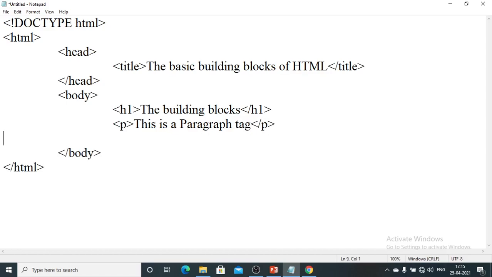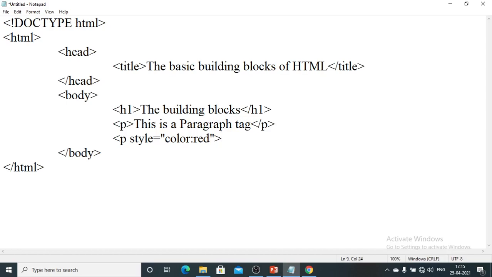Then I will provide a tag using attributes. Here I will write another paragraph, but I will apply some style. Here style is the attribute and I am going to give the value within double quotes, that is color red. I am giving the color as red.